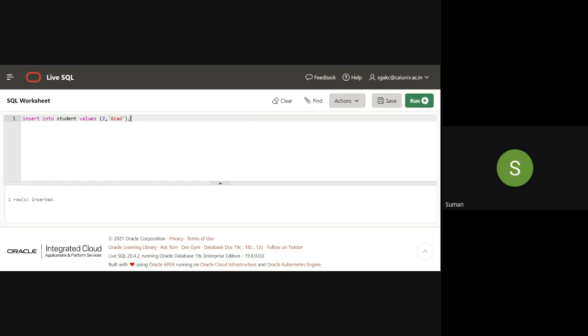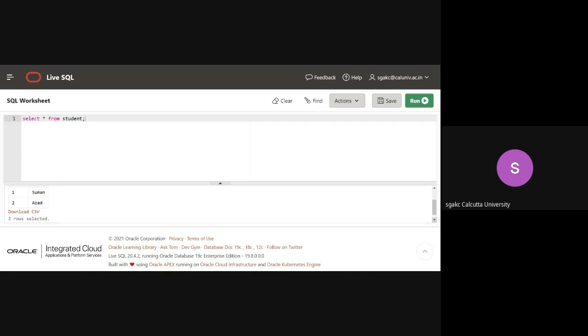Now if I want to look at select star from student, you see that there are two records here. So we have created a table and we have understood how to insert.